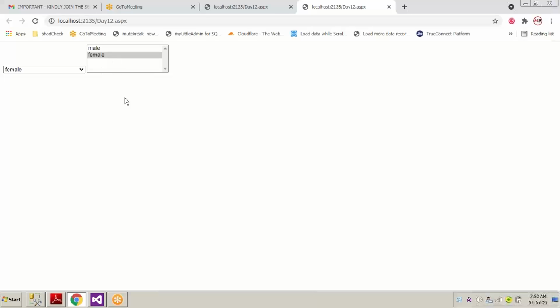So in list box, we get the entire list, and in drop down list, we get the entire list only when we press it and open the list at the bottom. So these are the differences between drop down list and the list box. But the process of adding specific data, specific records inside list box and drop down list is similar.